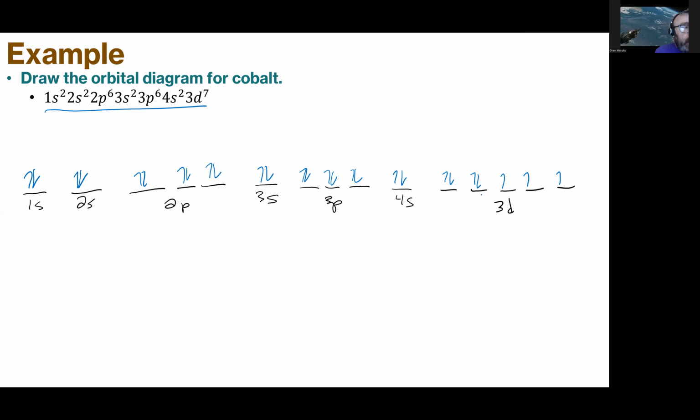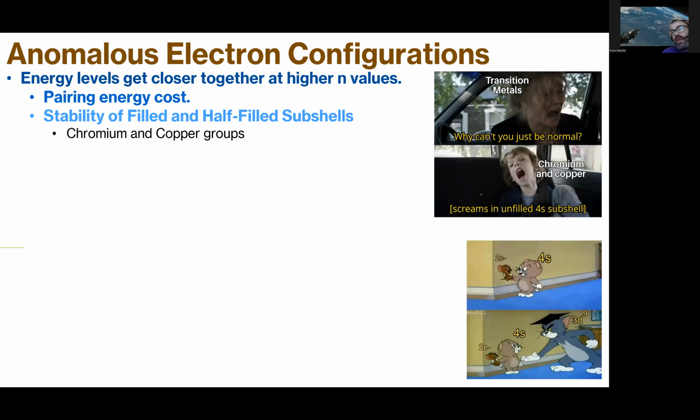Hopefully not too terrible. Let me know if you have an issue. I'm going to draw a little bit of attention to there's a lot of weird little things we treat as exceptions, but they all have reasons behind them. Call these anomalous electron configurations, okay? And what's happening is we're going to focus on chromium and copper. In chromium and copper,